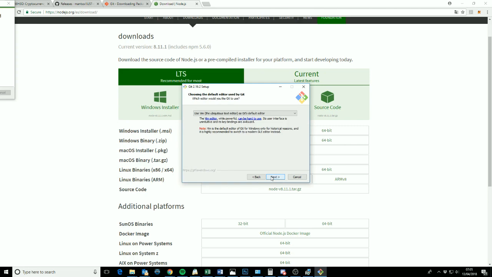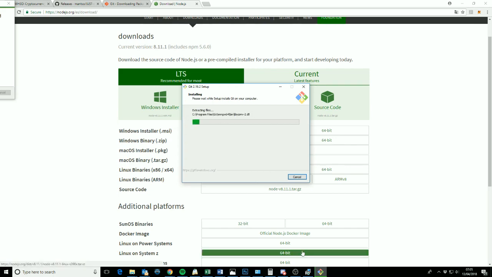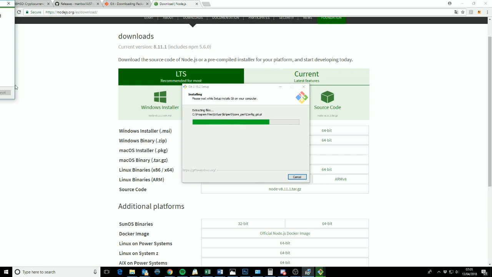Call it Git. Use Vim. Just literally punch your way all the way through. Don't change anything and download. Okay. Wonderful. Basically, if you can see down here,